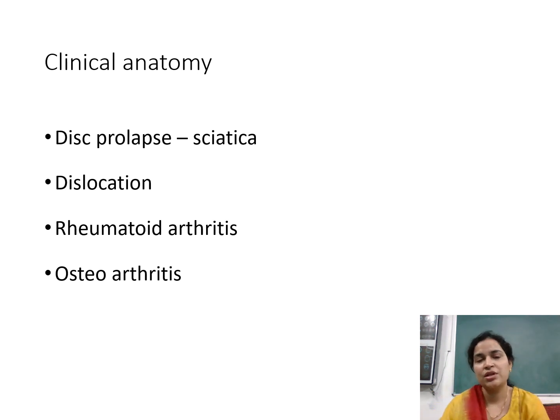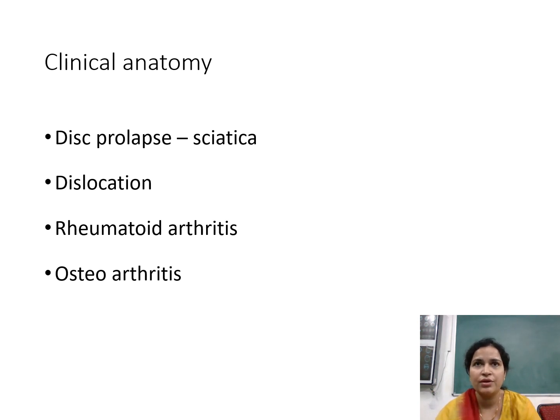That nucleus pulposus consists of the remnants of notochord, and also neurochemicals are present, and on each side of the vertebral column there are the roots of the sciatic nerve, or any nerve roots, present for the lumbar plexus and lumbosacral plexus, and whenever there is a tear in the annulus fibrosus,